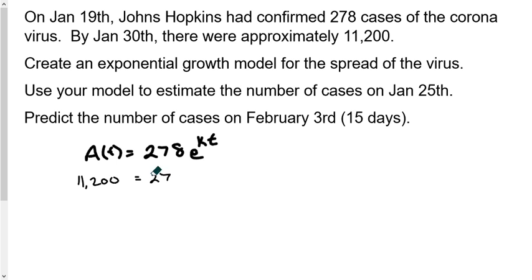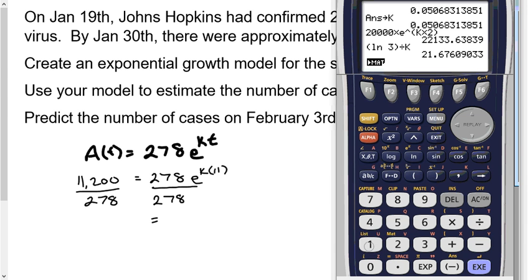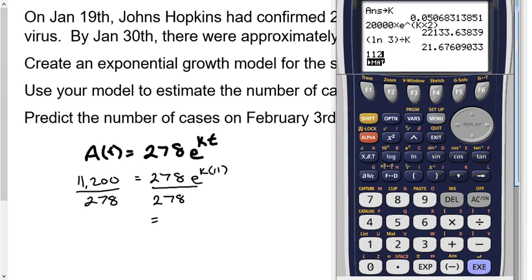Okay, so that means that we can put some numbers in here, and we'll say 11,200 cases equals 278 e to the k, and then what we'll do is we can say that this is going to be 11 days later. So we're going to let this be the initial amount, and so this is pretty easy to just subtract those. We get 11 days. We'll divide both sides by 278, and then we'll take the natural log, or rewrite this in logarithmic form. And let's go ahead and take a look at this here. So we're going to have 11,200 divided by 278